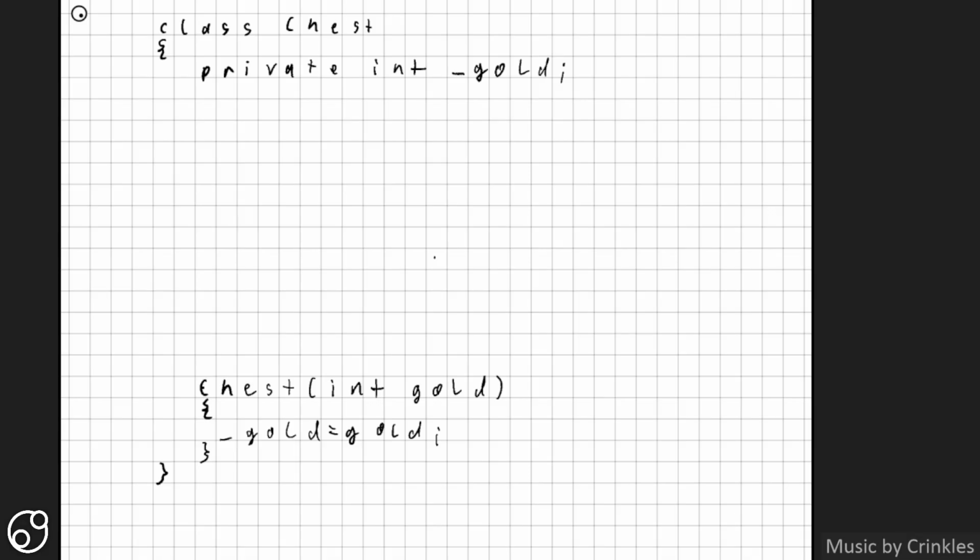So a property usually will be more visible, so we're not going to make it private. Actually, I'm going to write out the modifier this time specifically, public, because we want other people to see this. And it's going to be an integer. It's going to look very similar to the method, the get method. The difference is